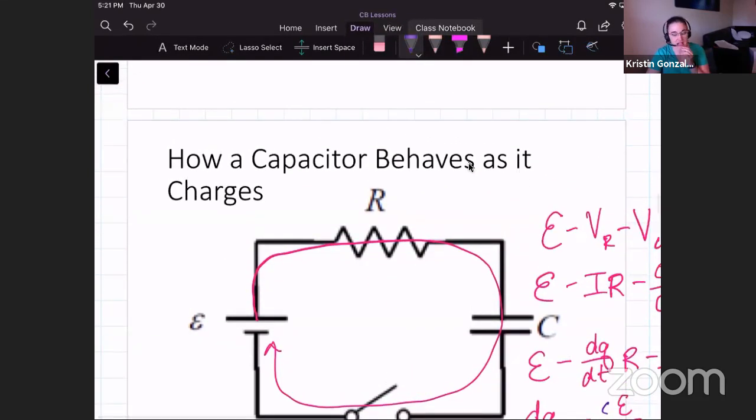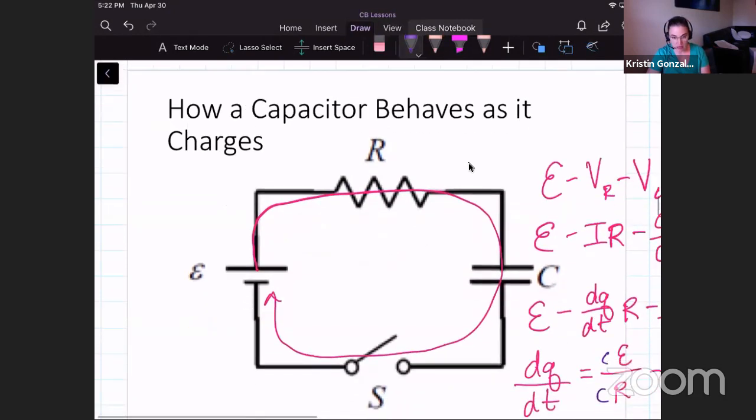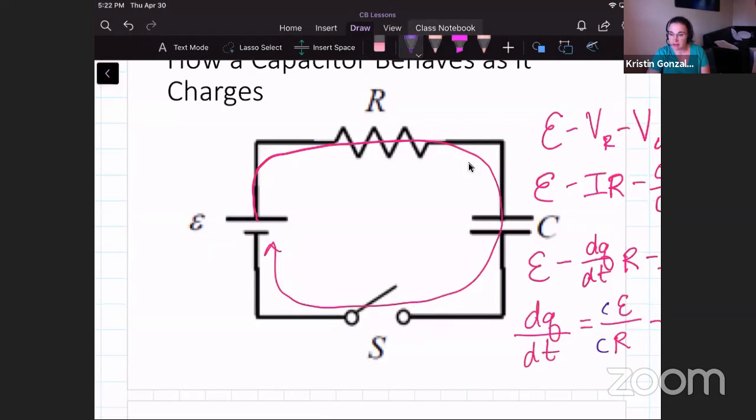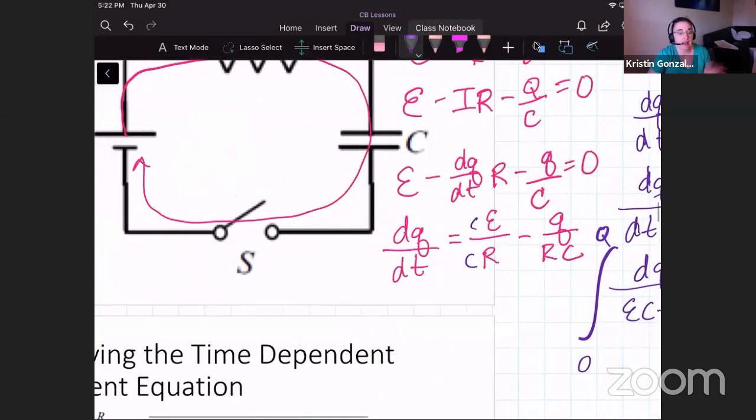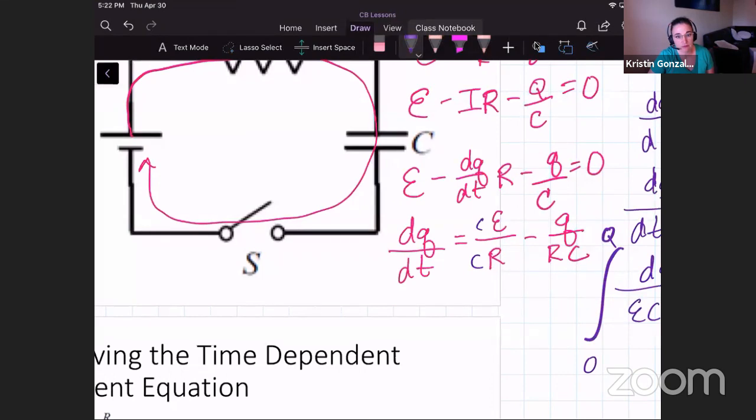And I think that this would be something, if you are making a short list of things that you're trying to have ready for the exam, is that you will not be asked to do this derivation on the exam, but it's very possible that you may have to analyze a situation where you do have a capacitor that is charging or discharging. So having these relationships already worked out somewhere is something that you could do and have ready, because you're not going to have to derive it, but you do have to understand how to derive it, because you could still be asked about a capacitor that's charging or discharging.